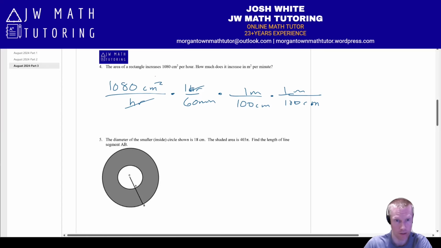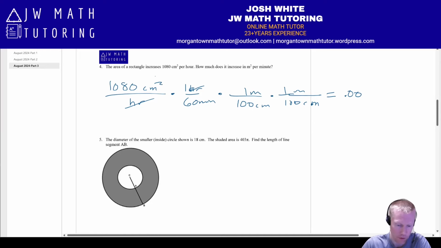And the reason you have to do that is because it's an area, because it's two-dimensional, whereas the 100 centimeters to 1 meter is a scale factor that's one-dimensional. So you have to do it twice, basically to account for the fact that it's an area. Think of it once for the length, once for the width. So you can go ahead and do this, and if you multiply it out, it's going to come